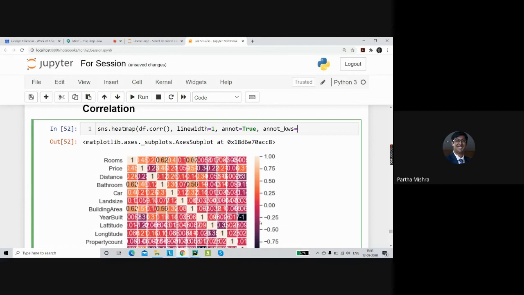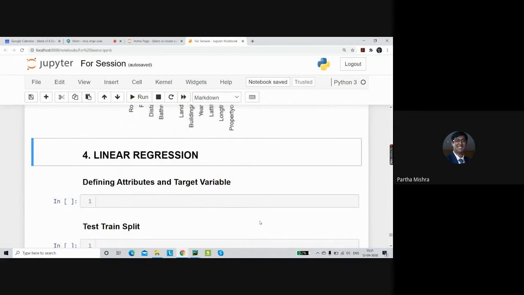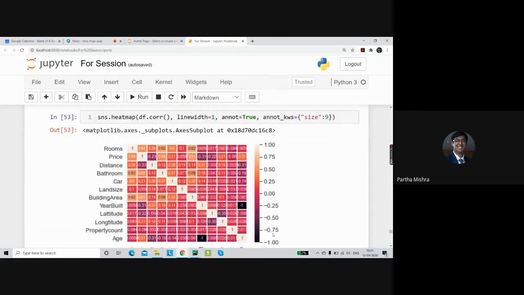In this, we have to pass in a dictionary. So in this dictionary, I'll mention size as, let's say, we'll take in a size of 9. Okay, this is much better.